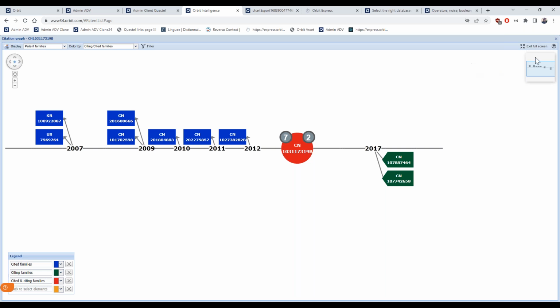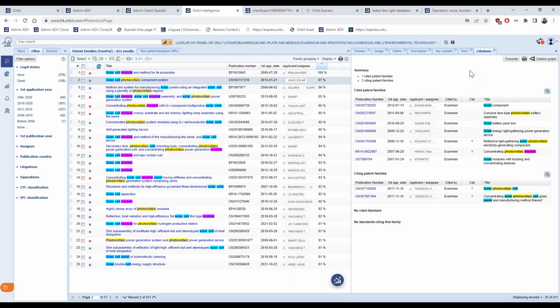And when you close this window, you will be redirected to the result list before. So this is the first part where citations can be found.